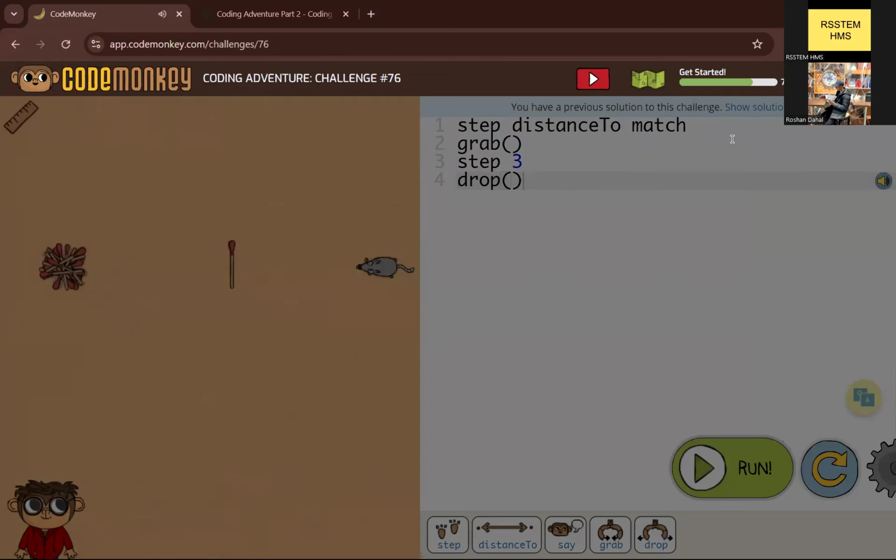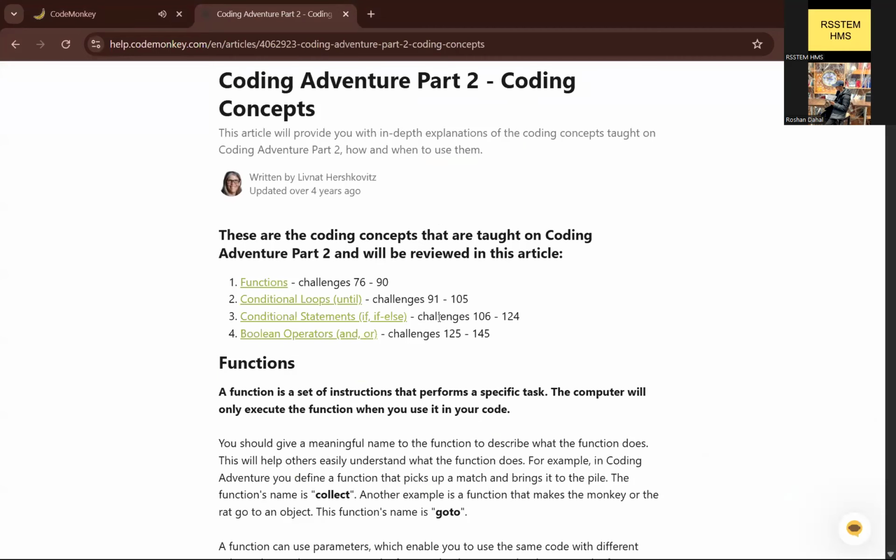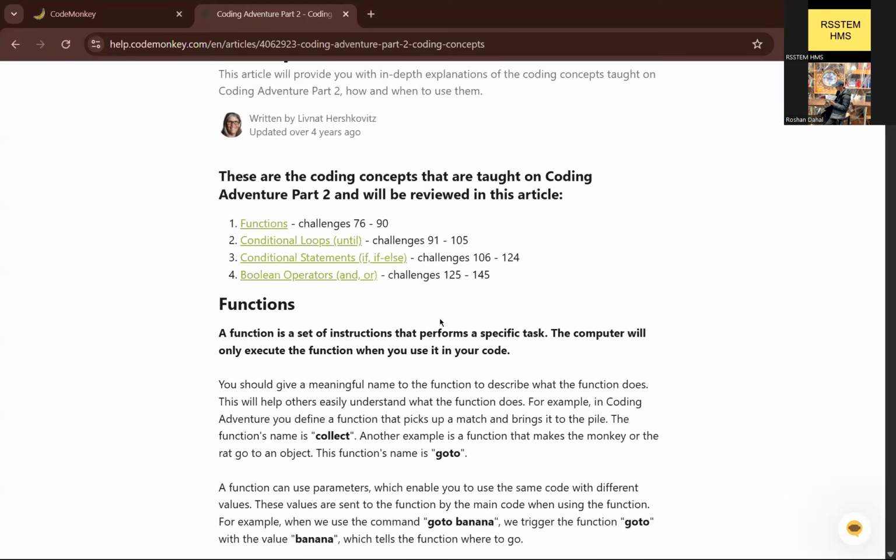So firstly, like let's recollect. Katsakanimiya atsuchi jischi mongagi. Like function gachimose. So dariyatage functions. What is a function? A function is a set of instructions that performs a specific task. The computer will only execute the function when you use it in your code. So function it's like